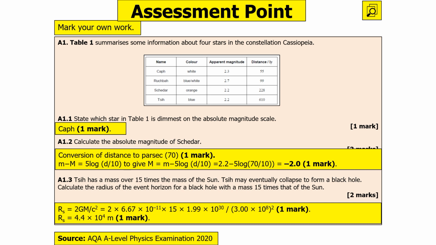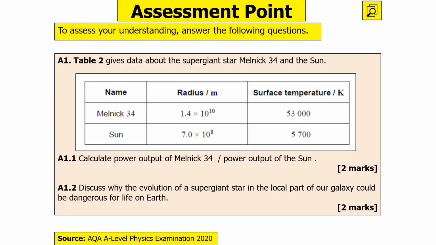c squared. Pop in all the values. Remember, it's over 15 times the mass of the Sun. The mass of the Sun is given to you on the equation sheet, so you get 4.4 times 10 to the 4 meters. The next question says, Table 2 gives some data about the supergiant star Melnick 34 on the